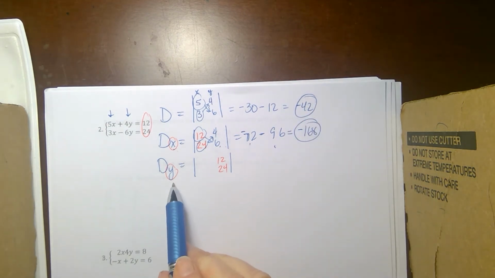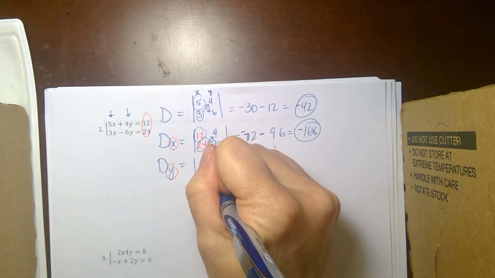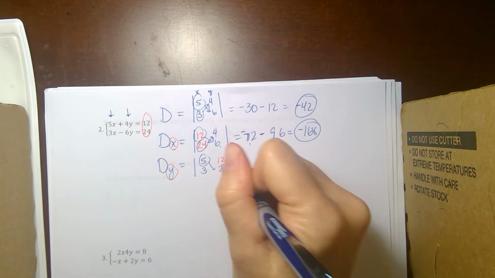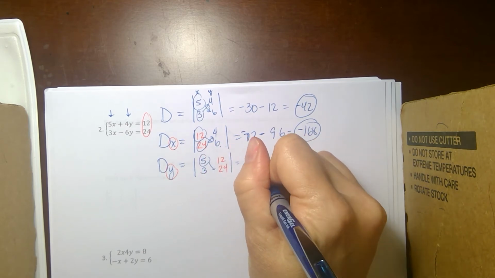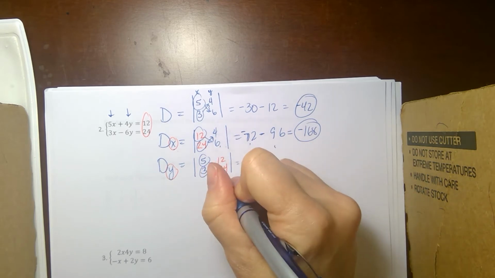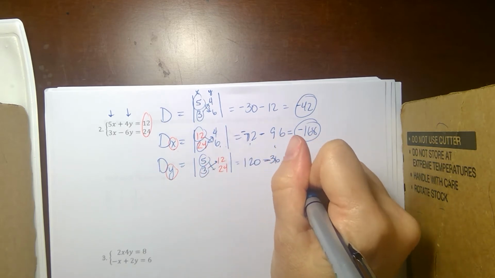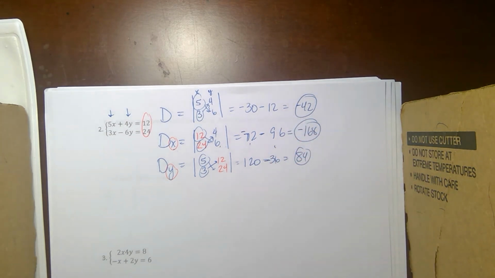And then to find d sub y, I replace the y column with the constants, so I still have those x coefficients. 5 times 24 is 120. And then minus 3 times 12 is 36. And 120 minus 36 is a positive 84. All right, the solution to this system,